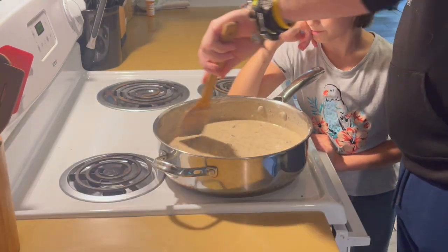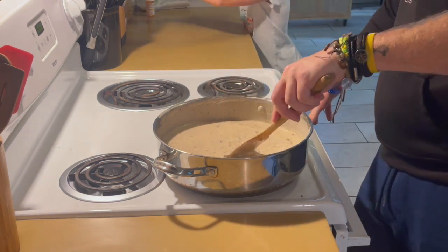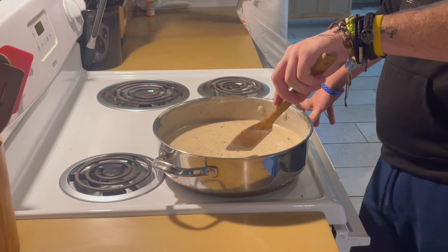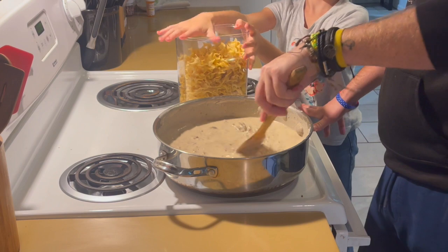We're gonna add noodles directly to this. We're gonna add egg noodles. You wanna grab those, Aurora? Egg noodles. That's spaghetti, egg noodles. Yep. This mixture is a little bit thick, guys, so